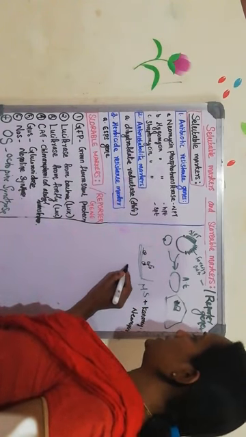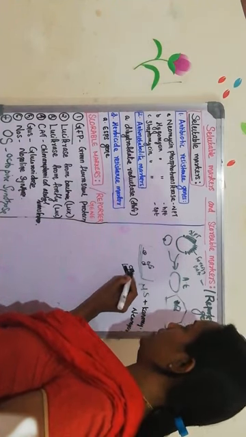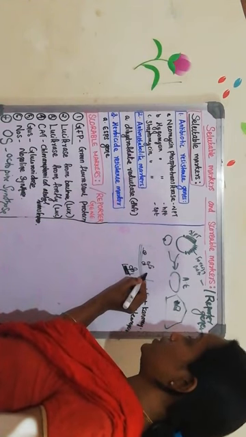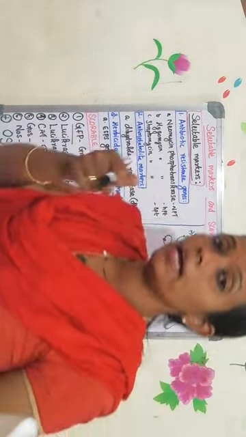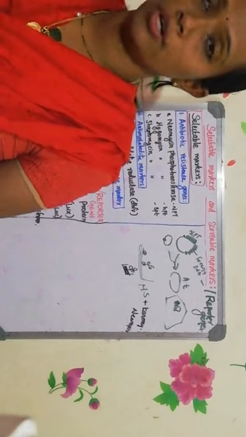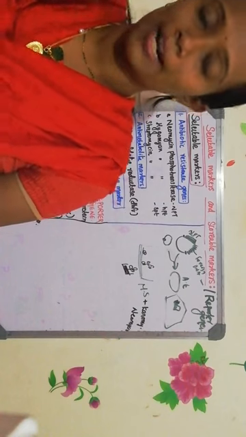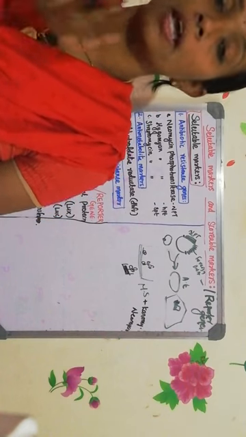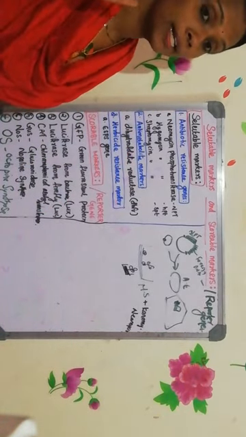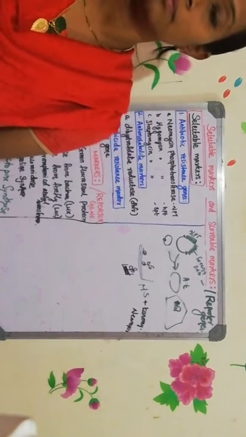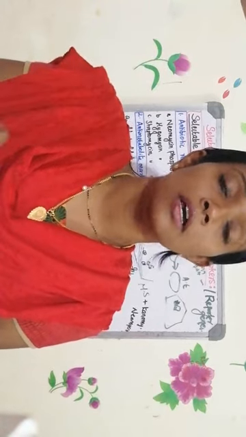Once you get the plantlet, transfer the plantlet into a pot containing sterile soil. So you are putting the plant here. Once you have transferred the plant from the plant tissue culture media to the sterile soil, you need to spray kanamycin. The amount of kanamycin or neomycin used is 50 to 500 mg per liter. That is the concentration. You need to prepare that much and apply it locally to the plant. If the plant is surviving, then you can confirm that this plant has the resistance, because the plant cannot survive in the presence of neomycin or kanamycin.